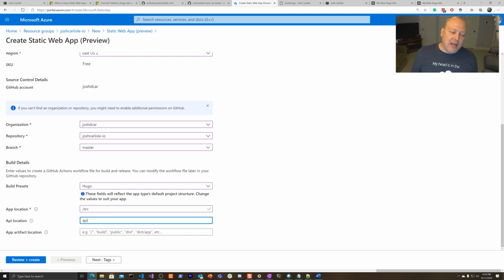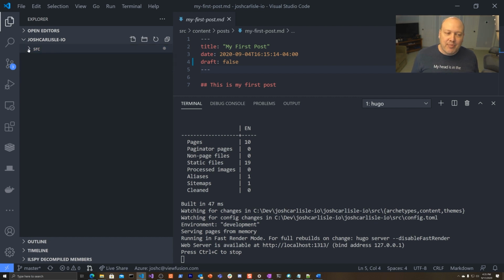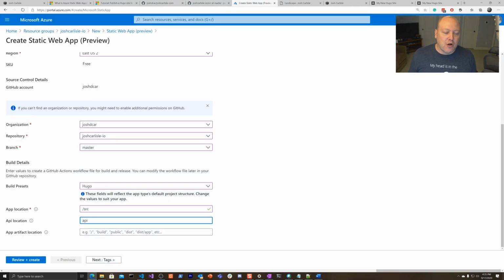And my API location, now, if you noticed and you were really quick, we didn't have an API folder. So if I go back in and look in here, you see I don't have any API folder. Well, that's something we're actually going to get to in the second episode of this, of actually working with APIs and where we put that code for the APIs. In the meantime, we're just going to leave this alone and call it the API folder. It's worth mentioning, we're going to probably see a little warning during the build that, hey, this doesn't exist, but it shouldn't hurt our build.